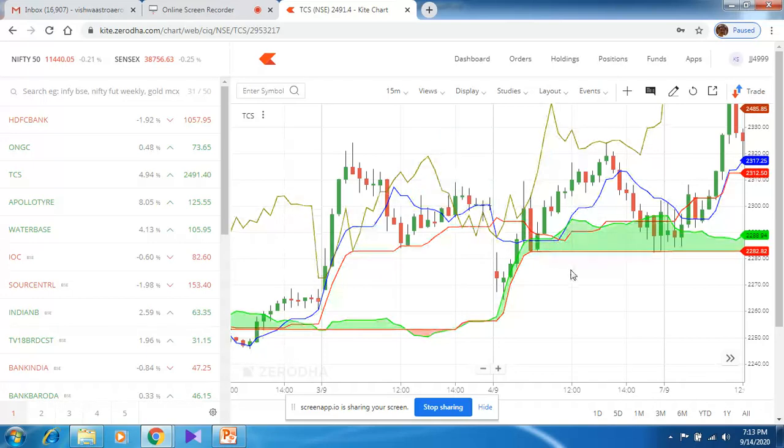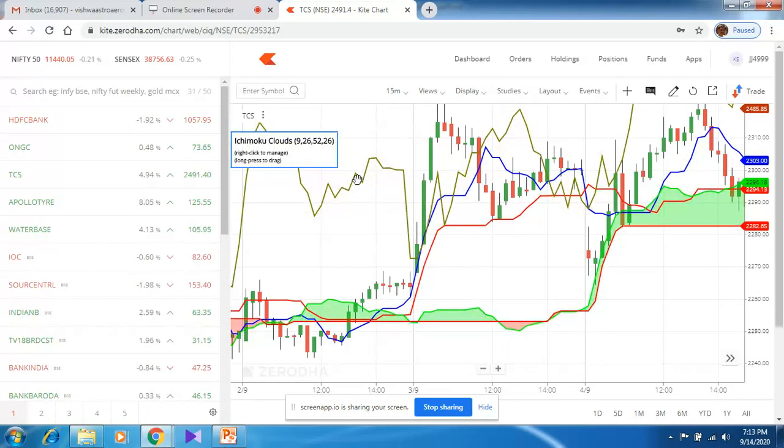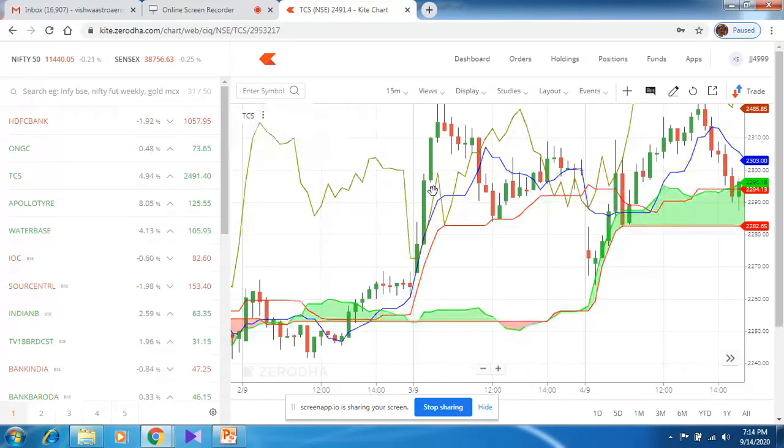The lagging span curve is basically this green curve, as I told you, isn't it? So moving ahead from here, let's say the lagging span is somewhere here. So we need to observe whether this lagging span curve is above this level or not. Now let's say there is an imaginary line here, and let's say the lagging span is here. Now with respect to this position, the lagging span is above. So that means what now? We can enter the trade.